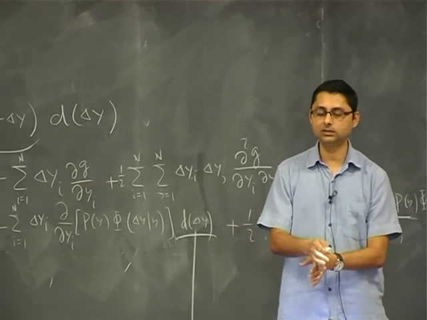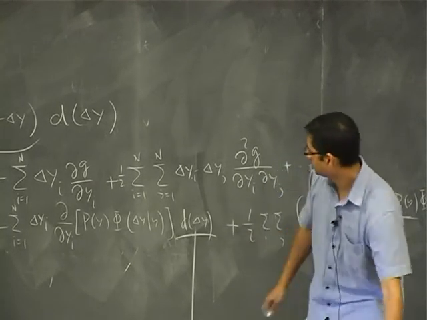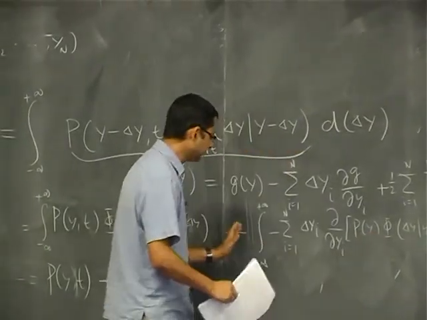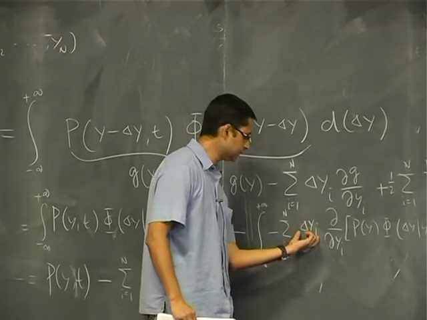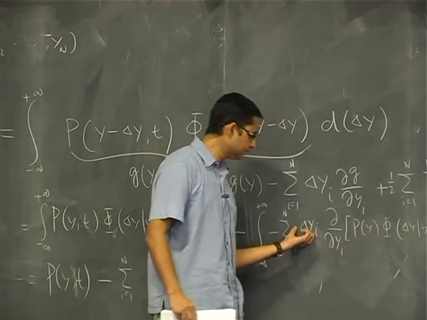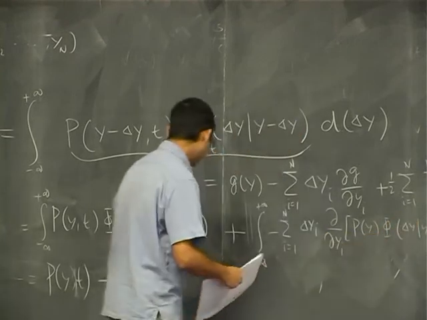Delta y and y, they are independent variables. So I can exchange the order. If I exchange the order, this integral will go inside. When the integral goes inside, I have to also take this thing inside. So this delta y I can take it inside. As far as this guy is concerned, this is like a constant, right? So I can just take it inside. So what I have